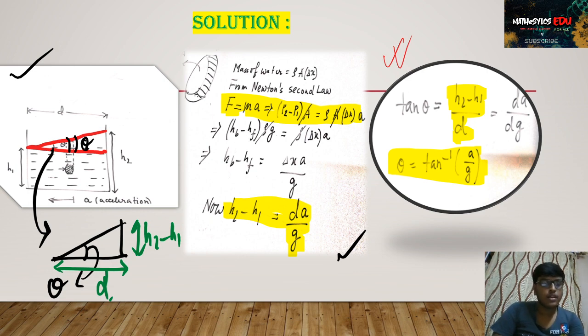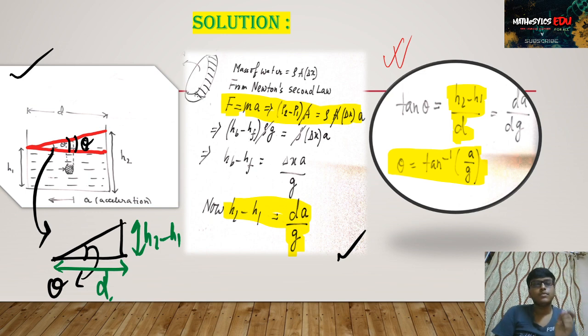Now, if I take an elementary ring, I have drawn that ring for you in the most left hand side figure. See the small ring. On the left hand side of the ring, I suppose a pressure P1 is being applied, and on the right hand side of the ring, I suppose a pressure P2 is being applied. The subscripts 1 and 2 are placed correspondingly: P1 is for the left hand side, h1 is for the left hand side, P2 is for the right hand side, h2 is for the right hand side. This is for the convenience of the problem.